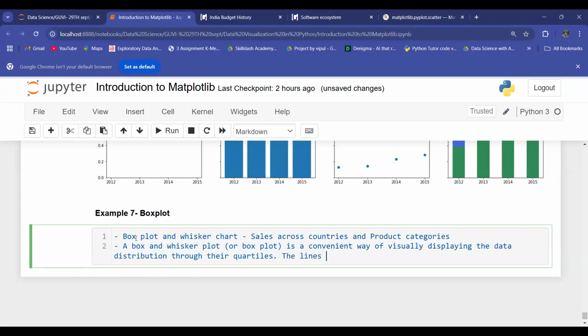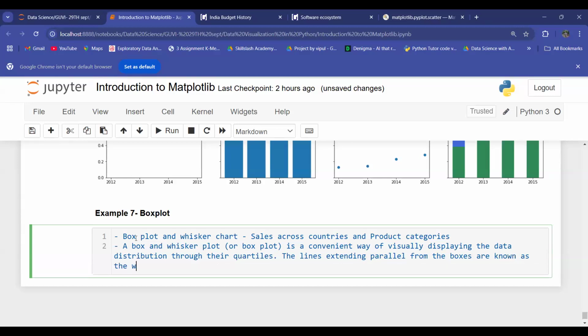The lines extending parallel from the boxes are known as the whiskers,